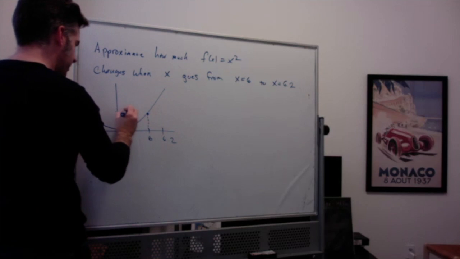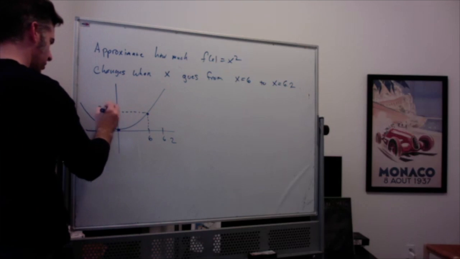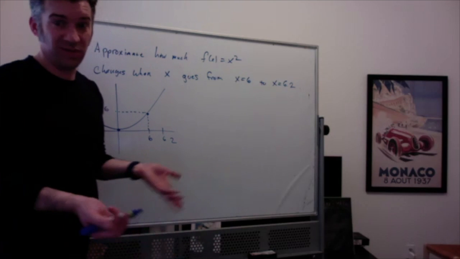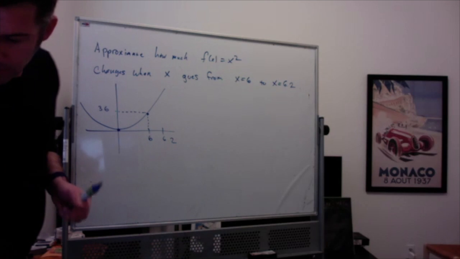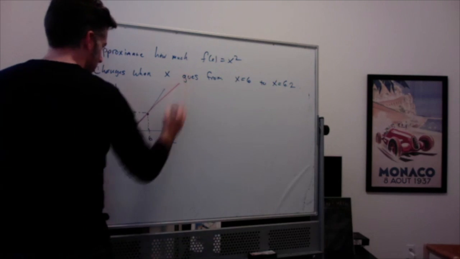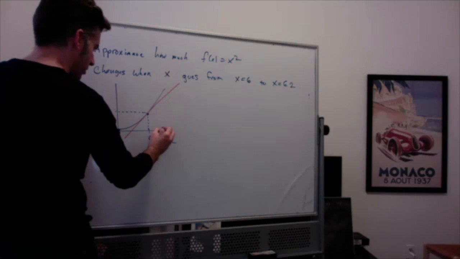I know that f of 6 is 36. I don't know what f of 6.2 is. I mean, I could square 6.2. It's not that hard, but I don't really want to. So instead, I'm going to use the tangent. And I'm going to say, well,